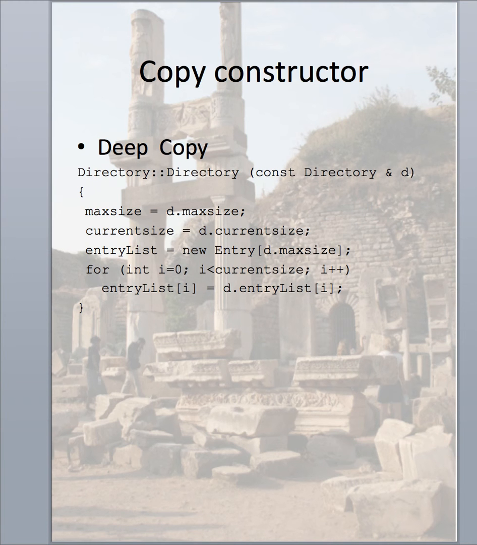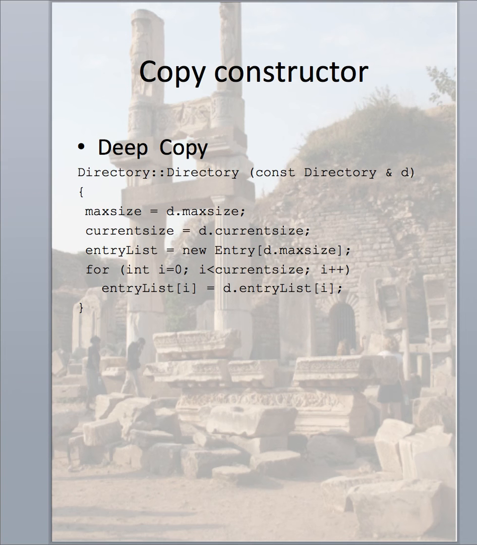So copying over the value of max size from the copy that we're making, where D in this case is the original, and then of course we use the internal variable names for the new copy. So we copy over max size and current size. Then we create a new array of size max size